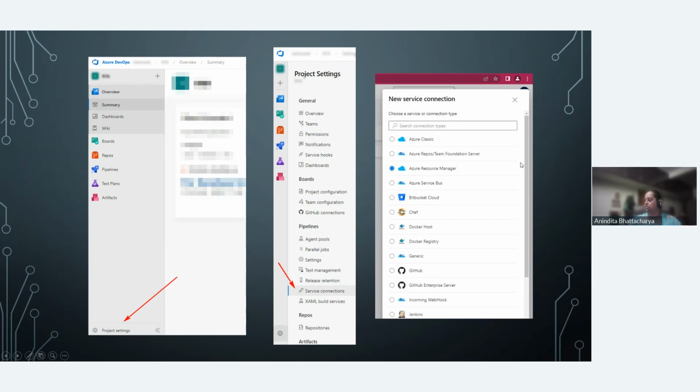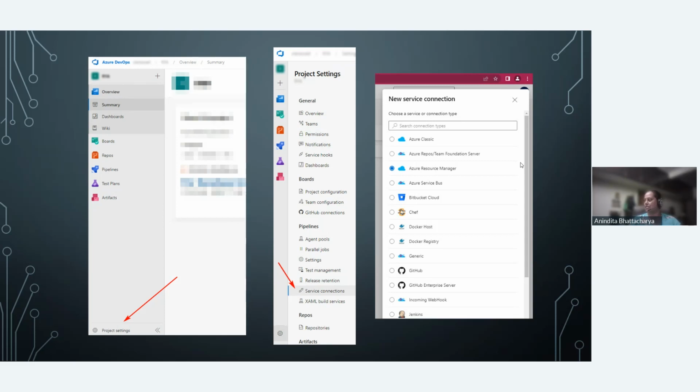So there you choose Azure Resource Manager. And I know there's a lot of steps here, so I will share this presentation as well. And I'm hoping to get all this out in blogs as well, so that it's helpful for people who are trying to do this for the first time. I had to dig around quite a bit to get all this information, but I'll try to get